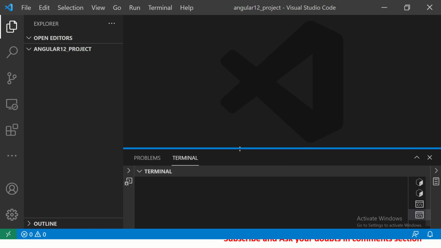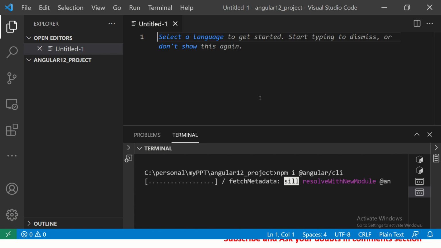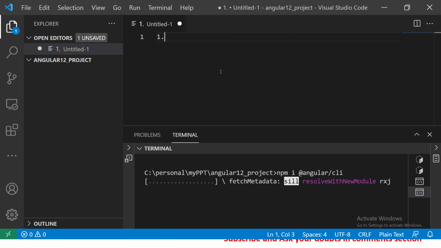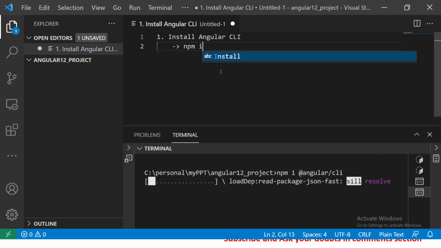Alrighty, so all I have here is an empty project directory. I don't have anything here, so we will do everything from scratch. I'm going to first do npm install @angular/cli. That is what is required for us to work with Angular. That's the very basic first step that you will need. So first we'll install Angular CLI, and the command that I ran is npm install